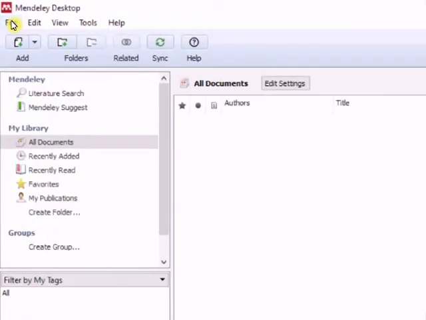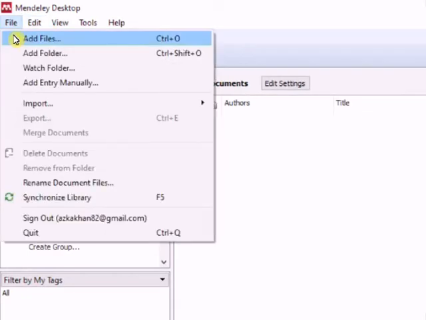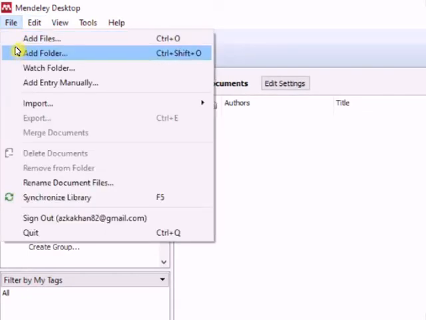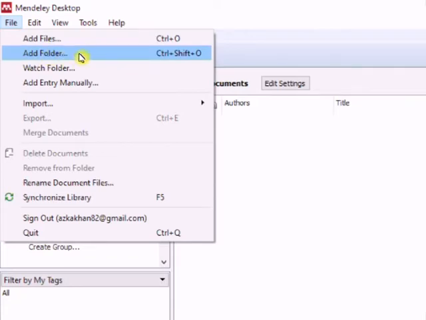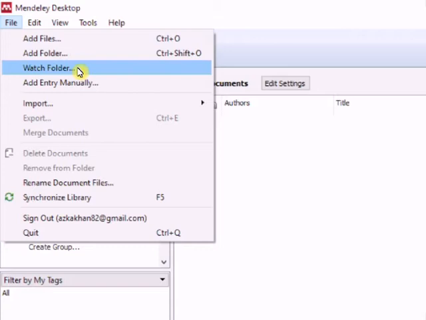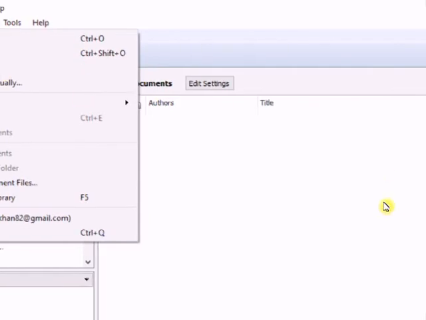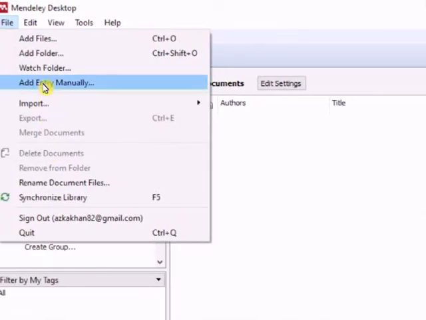So if I click here on file, you see these are the options: add files, add folder, watch folder, and so on. By choosing this option, I can add one or multiple files in my dashboard. I can add a complete folder through this option, and I can put a folder on watch so that whenever any file is added in that folder, it gets reflected on my dashboard of Mendeley.